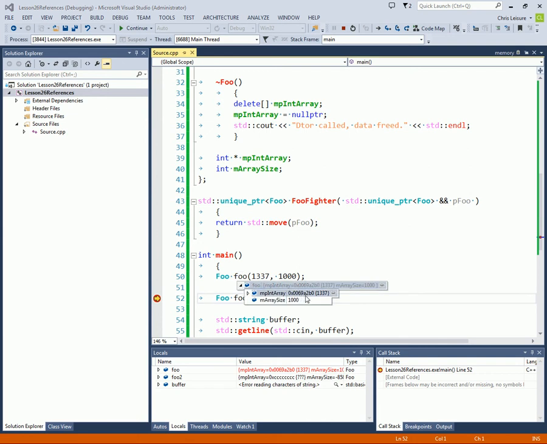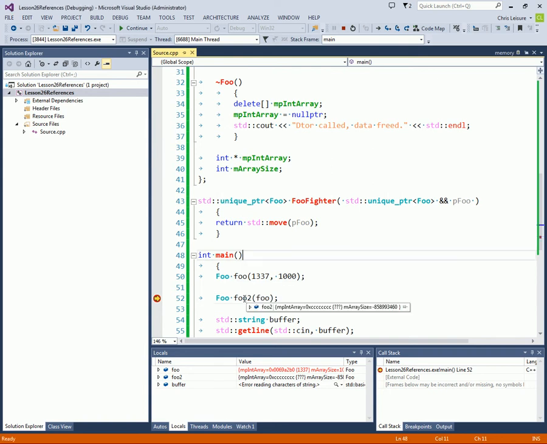So remember 69A2 and 1000. As you can see, this hasn't even been initialized yet. There's nothing in here. It has an invalid memory address. So we step over. 69A2 is not this address. This is 69B2. So it actually has for its array a completely separate address, and yet it has the same value at that address for the first int. So we've essentially just copied the size and the array and the contents of that array right here in this